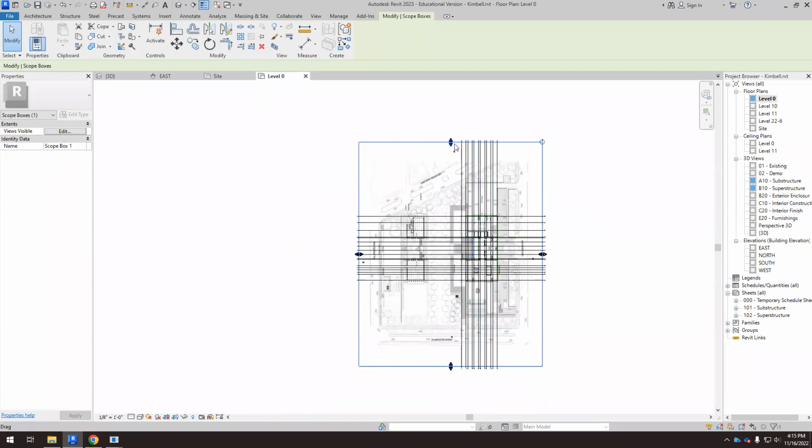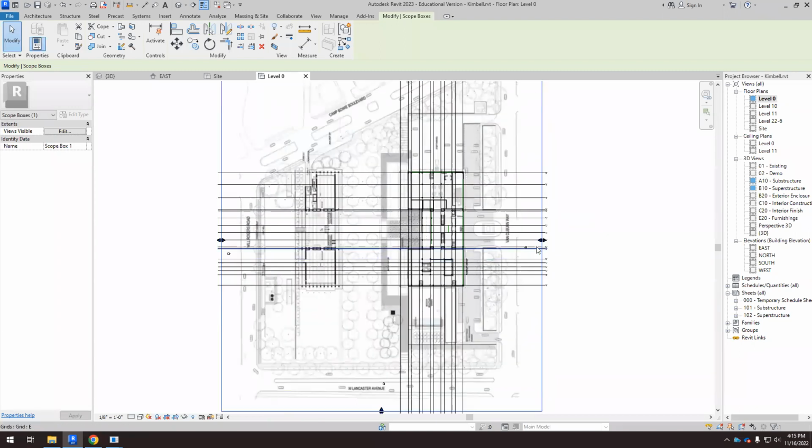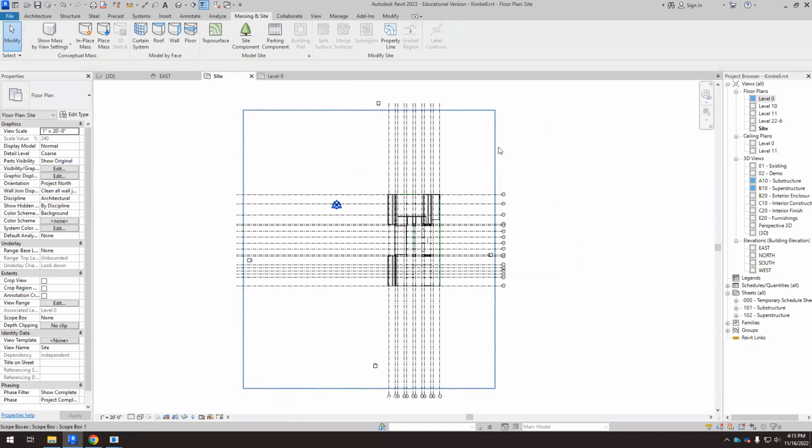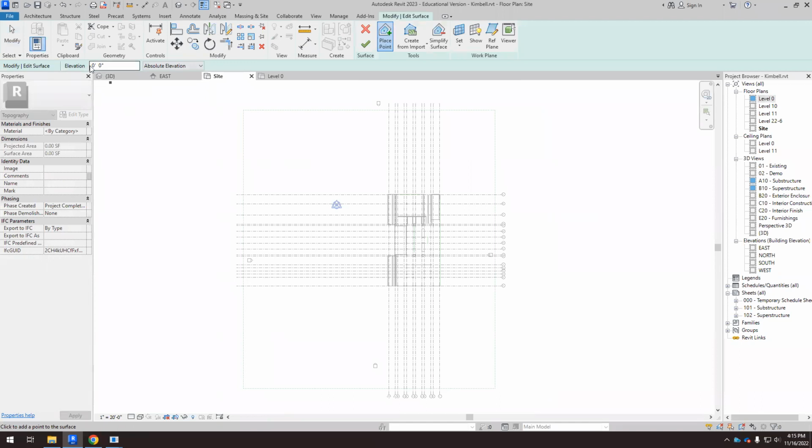Okay, so that's the scope box, and I want the scope box to be as big as my model, kind of slightly bigger than the area that I'm going to model. Okay. So then I go to the site. On this site, I have the scope box, and now I'm going to use topo surface. So by default, the elevation is 0, but I told you that I want to create something at level 11,